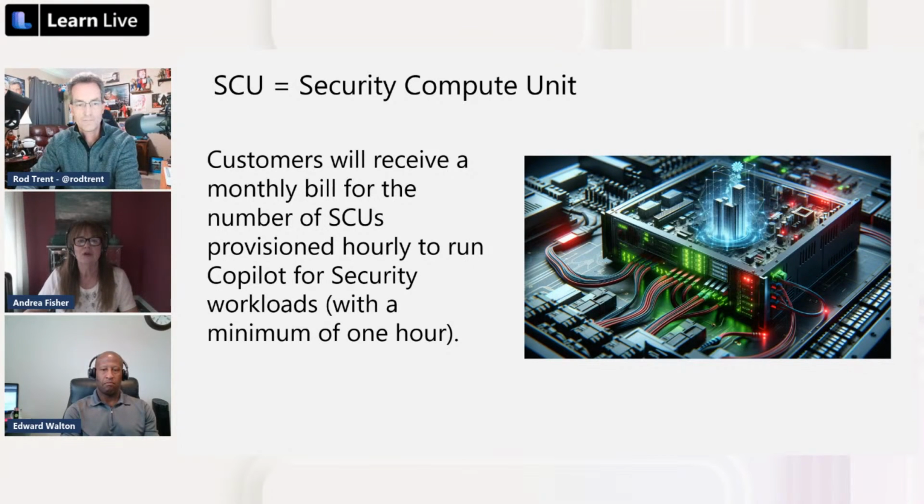So for using Copilot, we don't care how many users you have, right? It doesn't matter if it's 1 or 100. You're paying, for lack of a better way to say it, for the amount of processing power that you are using. And that security compute unit has a price per hour, and you will pay that every hour of every day for 365 days a year. So imagine it costs $4. So 4 times 24 hours times 365 days a year. That's how much it would charge you for one security compute unit.